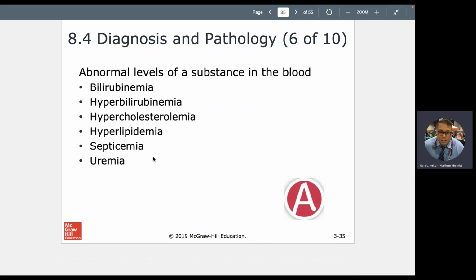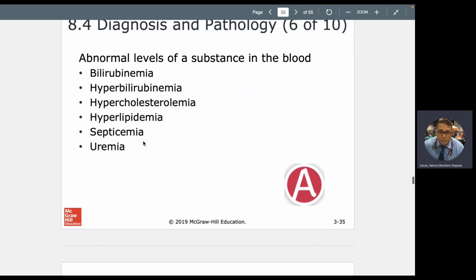Hyperbilirubinemia. Emia, blood condition of hyper, too much, bilirubin. And bilirubin is the coloring of your urine and feces, and it's formed from the breakdown products of red blood cells. Hypercholesterolemia, state or condition of too much cholesterol in my blood. Hyperlipidemia, state or condition of too much lipid in my blood. Septicemia, state or condition of massive amounts of bacteria in my blood. That is never a good thing. Remember my cowboy story. And uremia, also known as azotemia, if you're